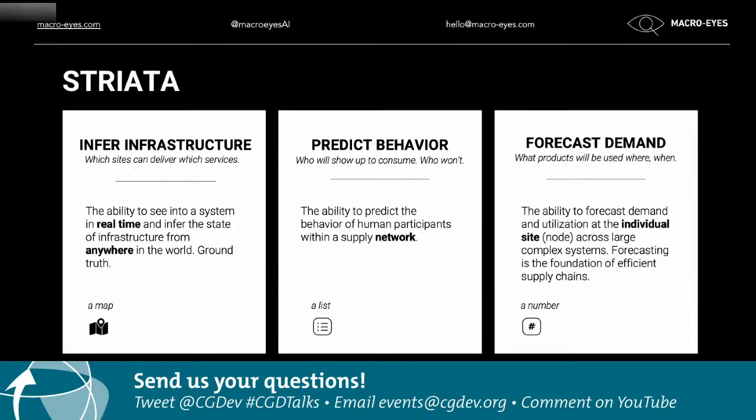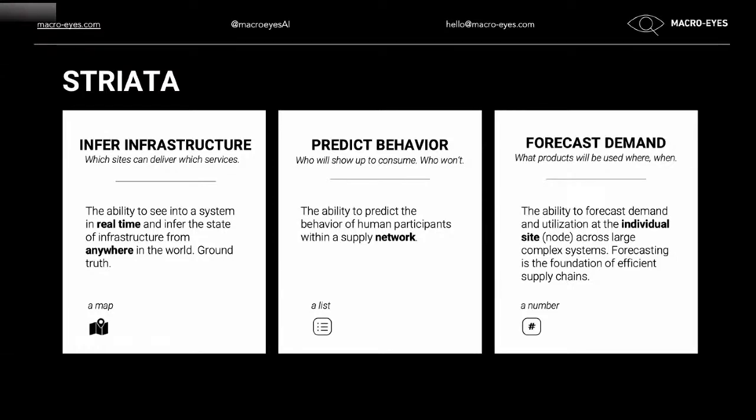What's there in a very literal and operational sense at the site level? And what will come off the shelf tomorrow? And what will come off the shelf in the weeks ahead? So these three pillars of Strata together form an overarching optimization for supply chain. The capability to ensure the right product is at the right place to engage